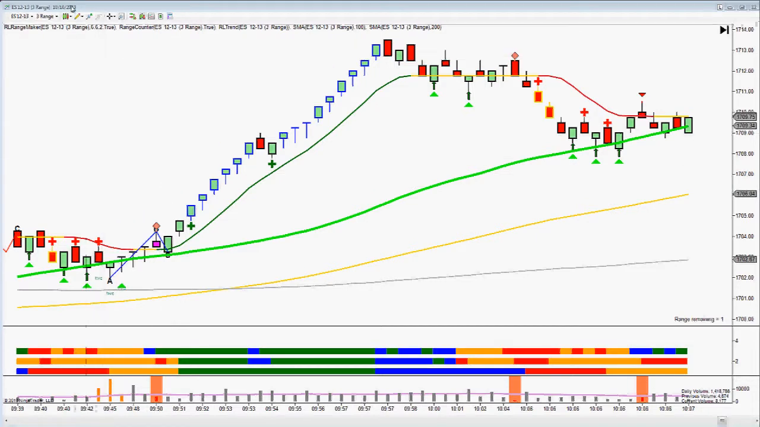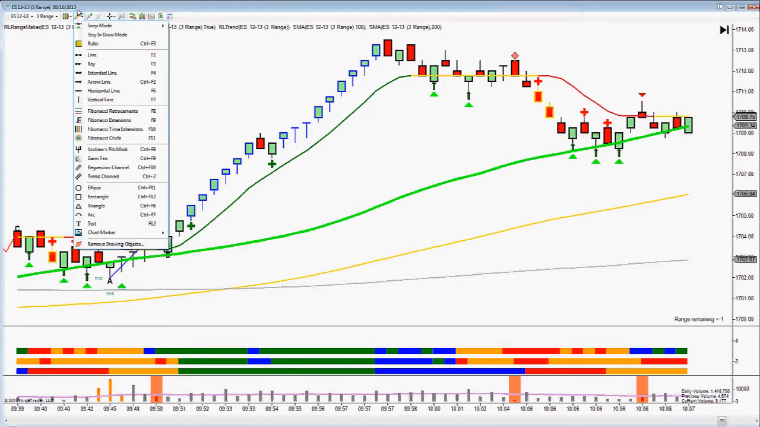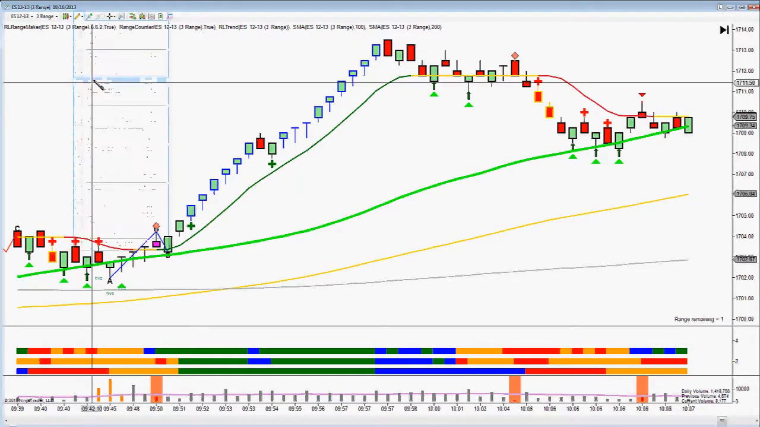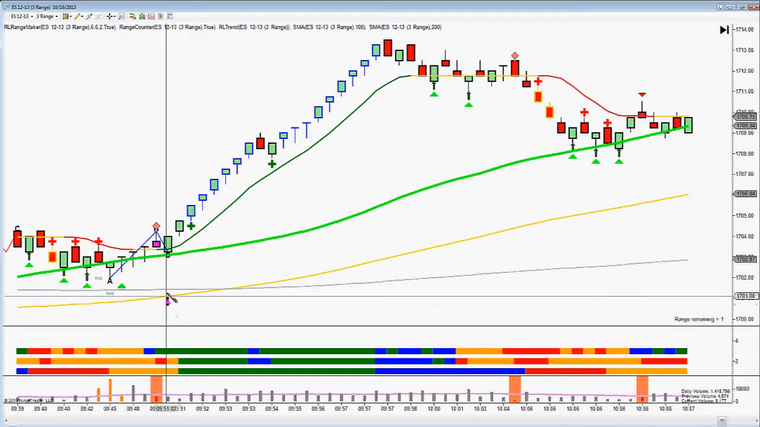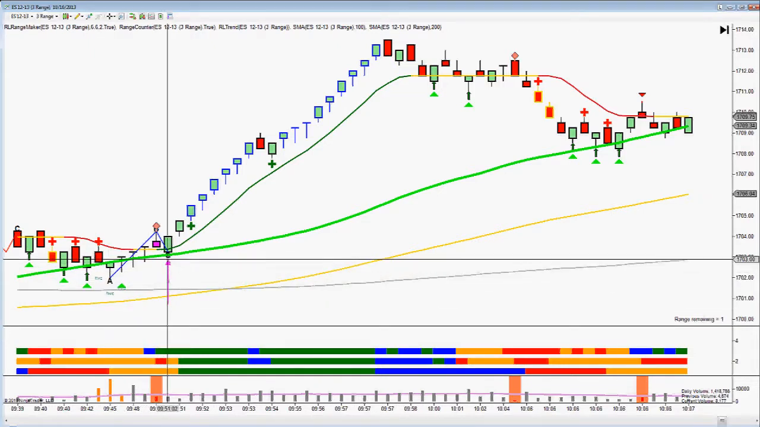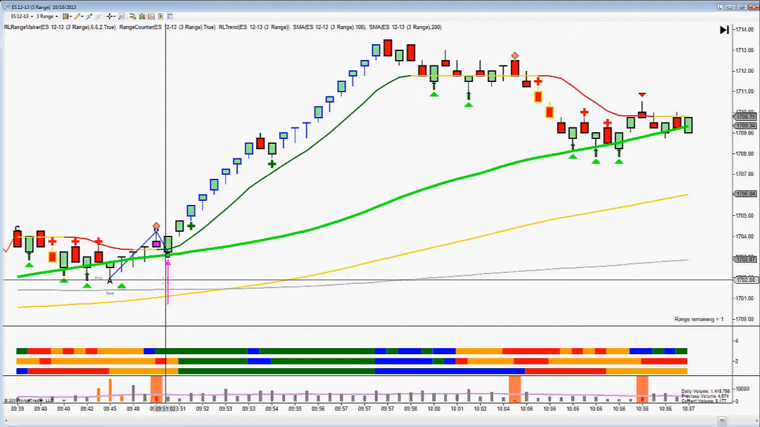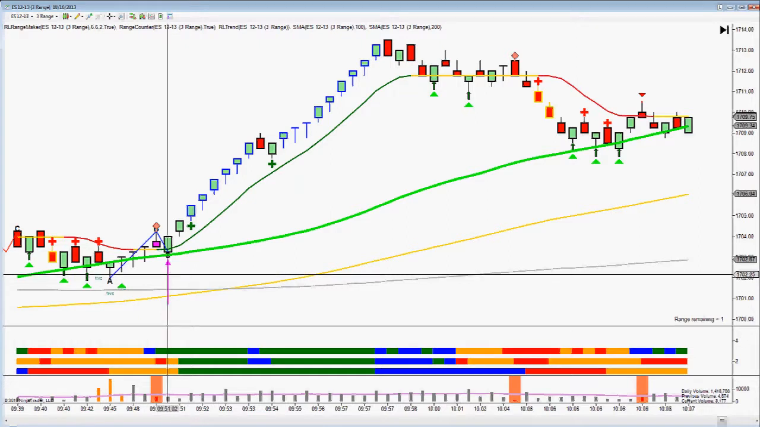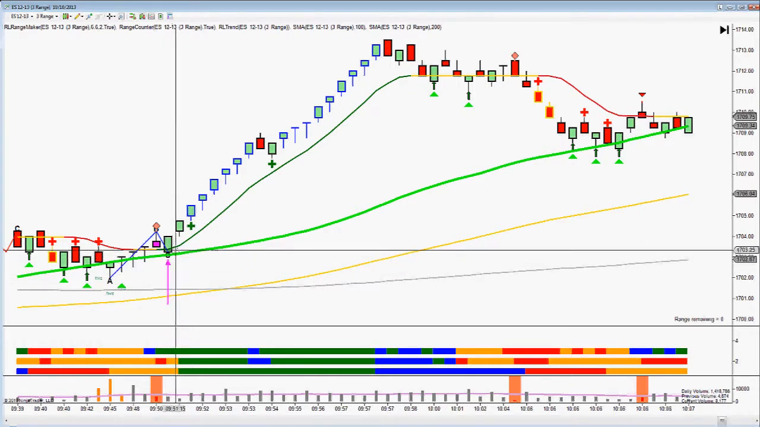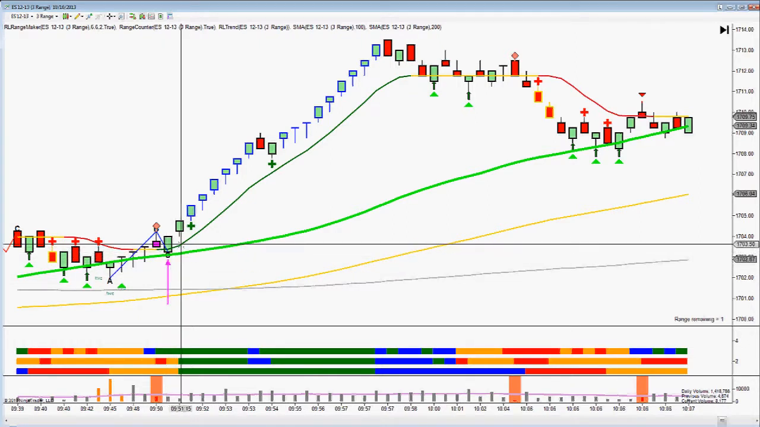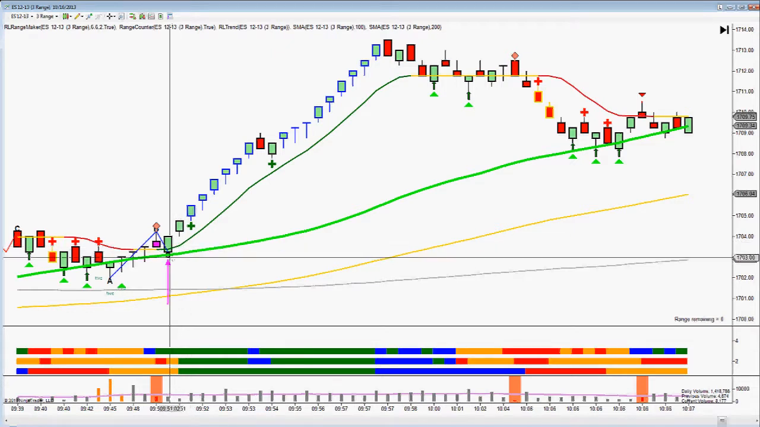The first signal occurred on our system on this candle. This is the candle that occurred at 9:51:02. Order flow had turned green. We're above the 50. The modified trend line had turned green. And although